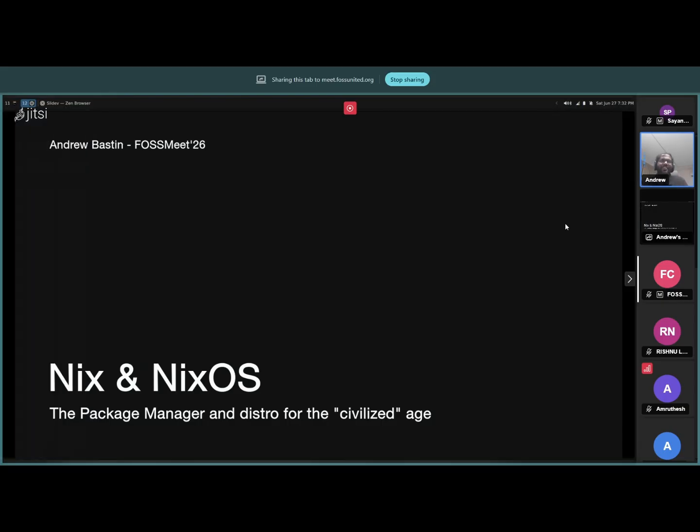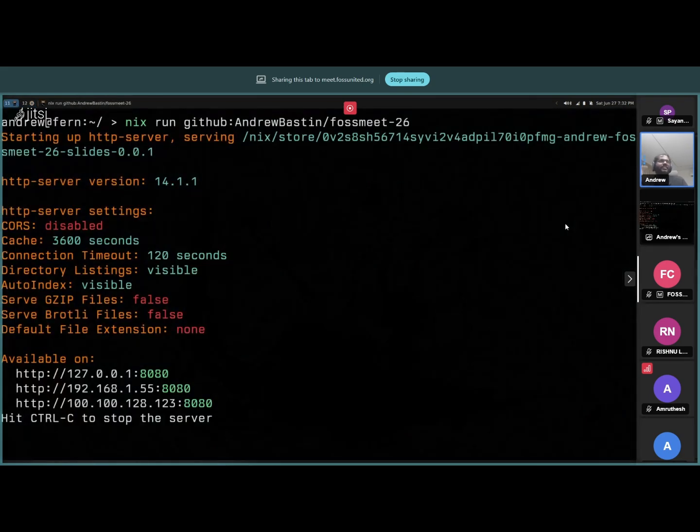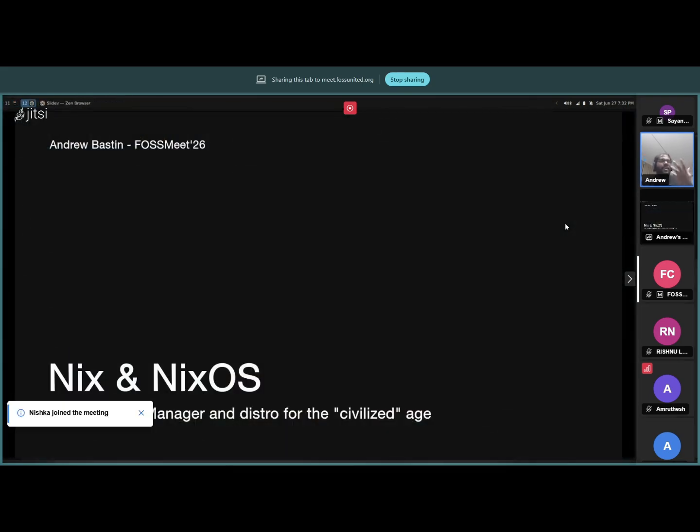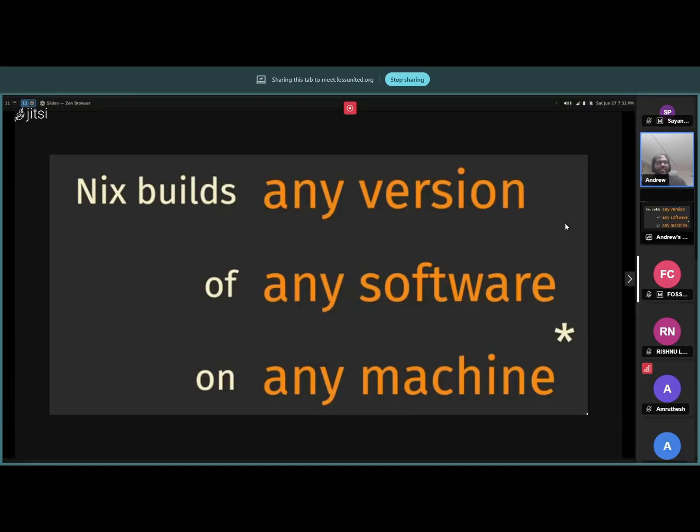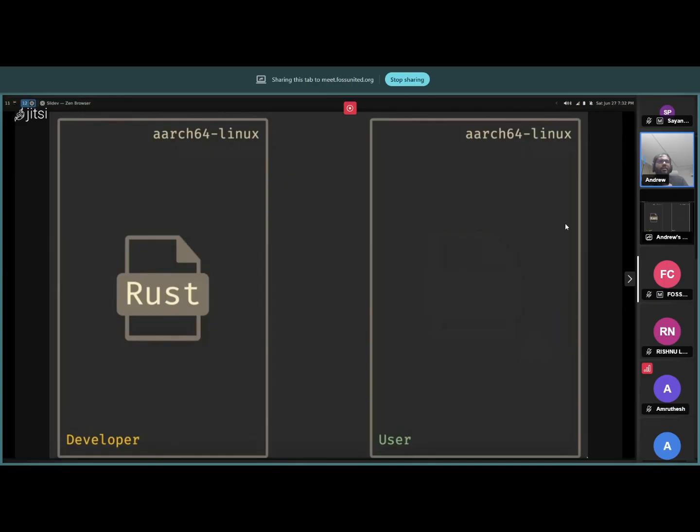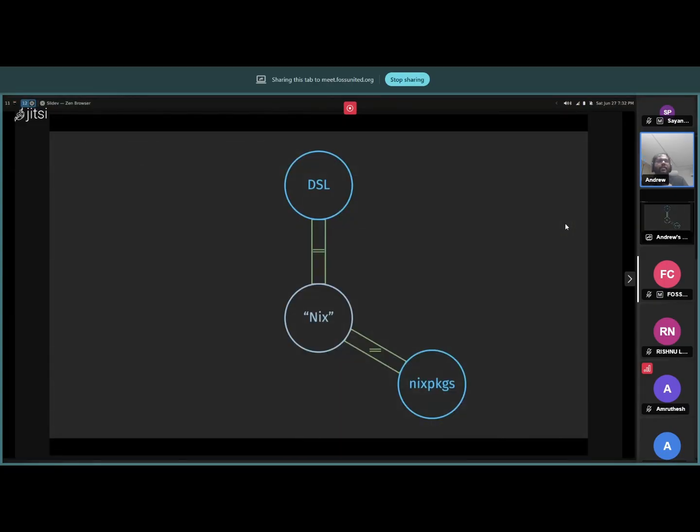If you want to follow along, you can run it on your machine as well. If you install Nix on your machine and enable Flakes, which is a feature you can enable, you can Google how to do that. I'm not going to explain that here. If you enable Flakes, you'll be able to run this command and get the exact same talk, even on your machine. And Nix guarantees that it will be built on your machine with the same OS configuration, same libraries, and same everything as what I have.